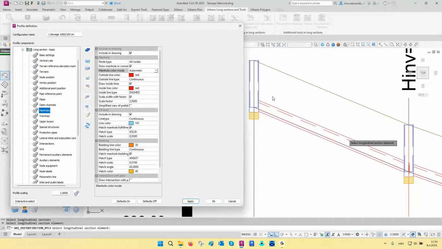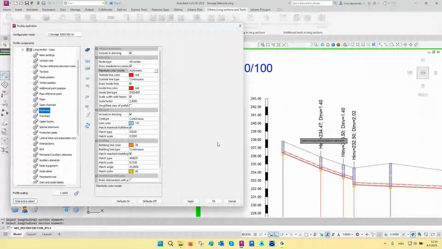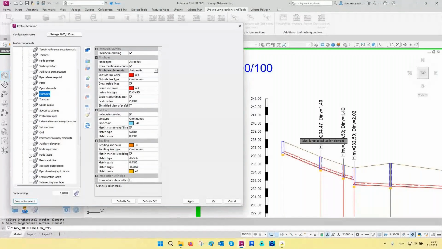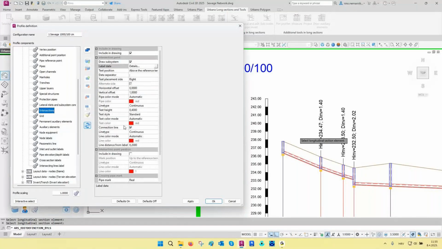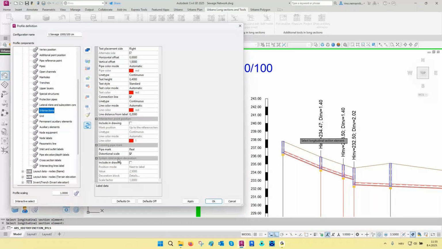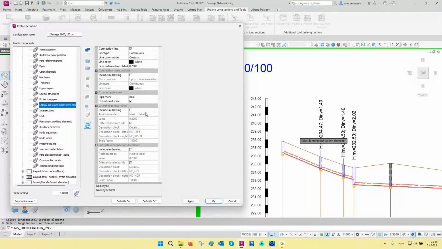Let's see what the new features regarding the labels in the profiles are. First thing, if you check here in the list of components, you will not see the decorations anymore. That is because we just transferred its features to some other components. If we go to node equipment, now you can see that the node decorations are located here. If we go to intersections, you can see that the system intersection decoration blocks are now located under the intersection labels. And also for the lateral inlets and subsystem connections, the decorations are now located under the labels of the lateral inlets and subsystem connections,